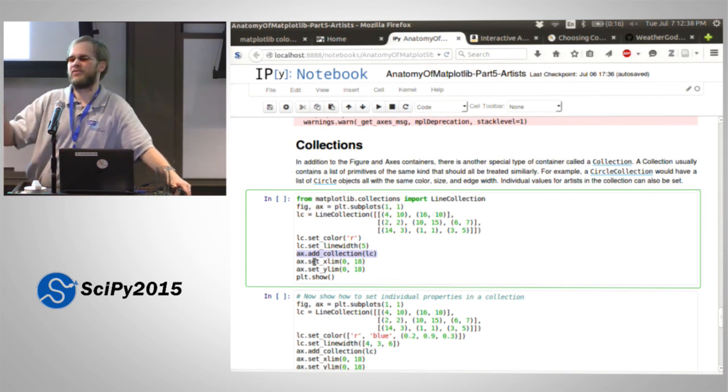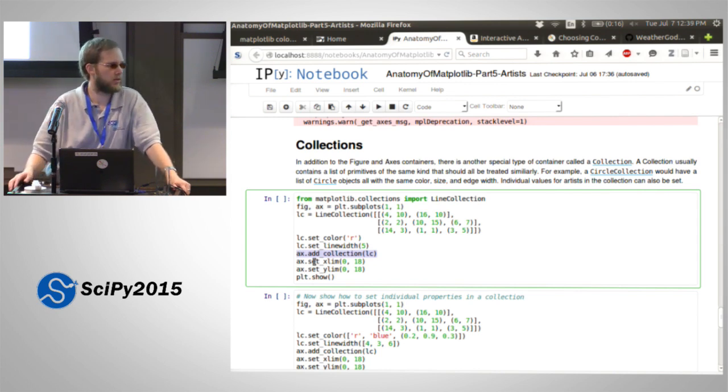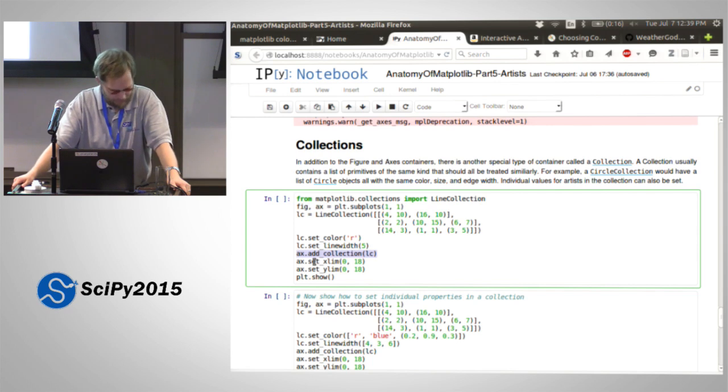The collections all have to be of the same type. Some of the types are very arbitrary. Patches are a good example of completely arbitrary types. They have to share some properties, but a patch collection is about as general as you can get. You can represent basically everything with a patch collection. So,